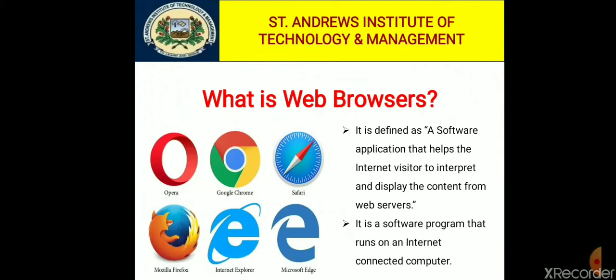So if a customer wants the Facebook website, simply the customer first of all opens a web browser in an internet connected computer and then mentions the URL like www.facebook.com. Then this request hits the web server and the web browser retrieves the necessary content from the web server and displays the resulting web page on the user's device.